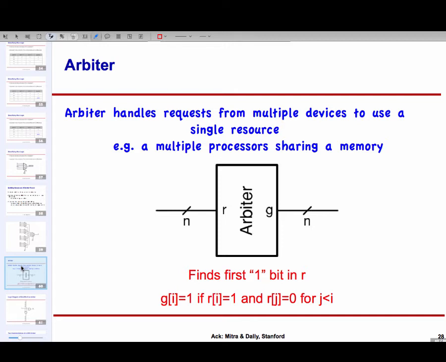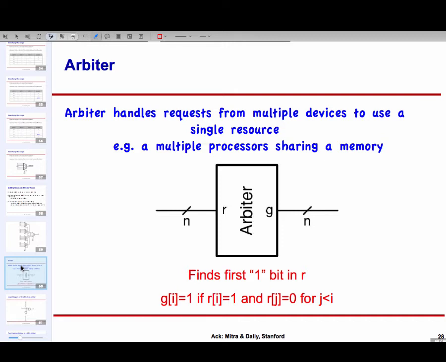If so, you are the winner. If not, player number 1, did you make a request? If so, you are the winner. If not, we move to the next one all the way up. So that's all it is saying. The ith player is a winner if it requested and none of the players earlier than i made a request. Clear what we're trying to do?